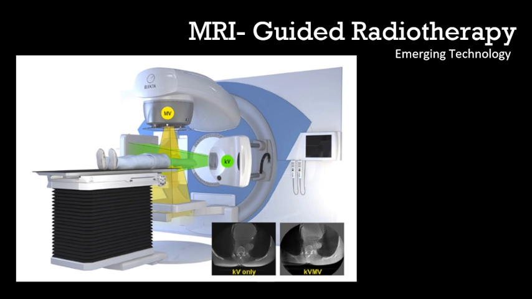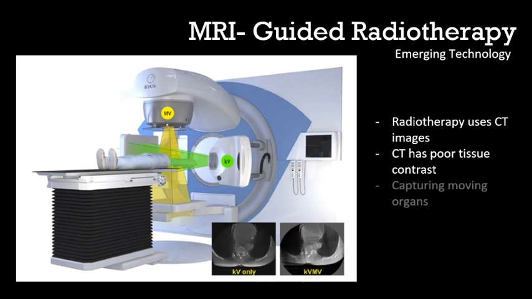Technological development in the field of prostate imaging is aimed towards combining imaging modalities to make up for shortcomings that certain modalities may have. Radiotherapy is typically a process that makes use of CT images. The main issues with using CT lie in poor tissue contrast and difficulty in capturing moving organs. By providing a clear functional and anatomical image of the prostate, radiotherapy planning becomes much easier and thus more effective